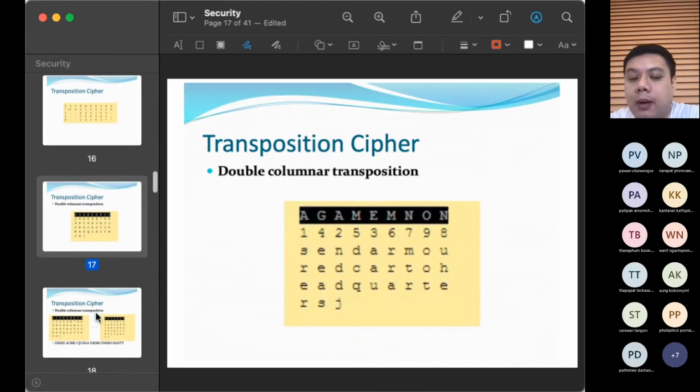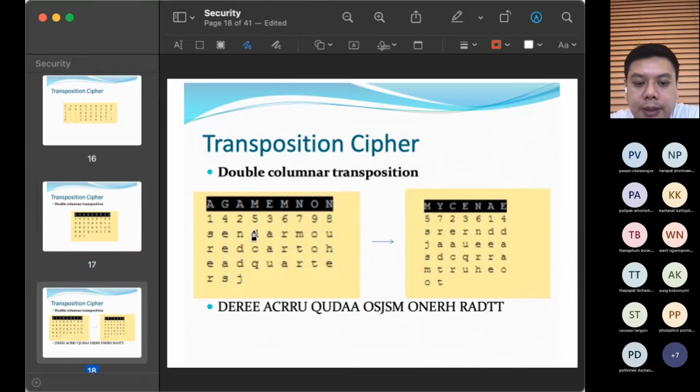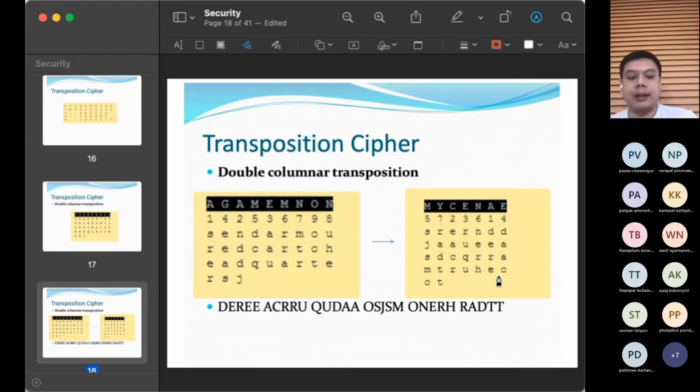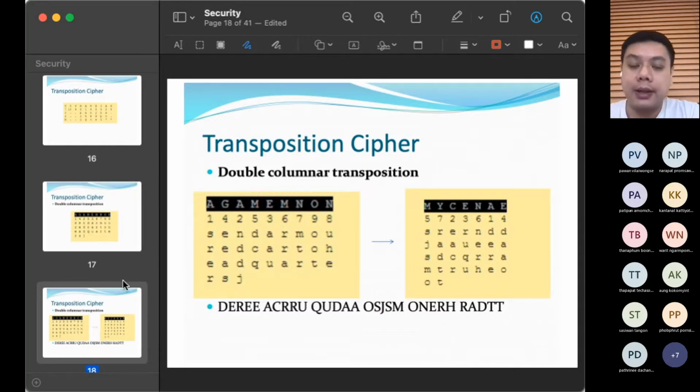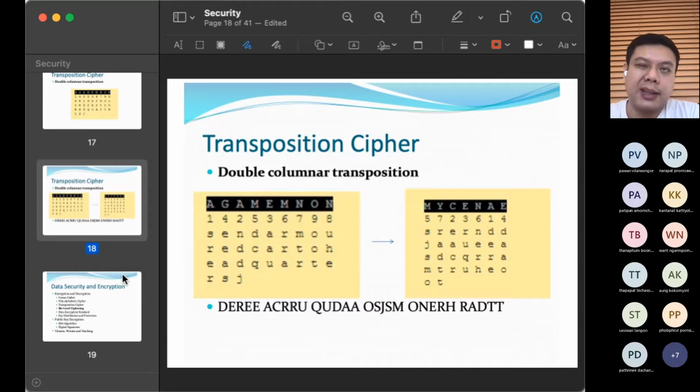We can make it even more complex by doing a double columnar transposition. Instead of having only one password, we're going to have another password set on the order as well. So when you read that, SRER, you put SRER in this one again, and we shuffle 2 times. It becomes a lot more complicated and harder to crack. But again, it's the alphabet, and with a dictionary on the computer itself, it can break in seconds.